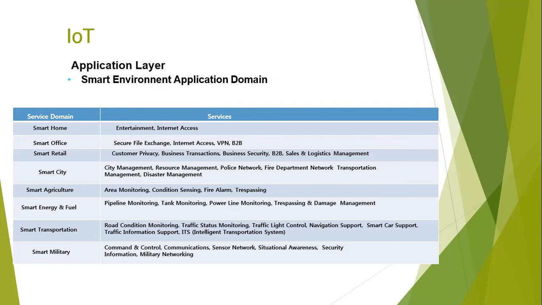For smart agriculture, smart energy and fuel, for this type of network, typically their sensor data units are relatively small, and therefore even though they have many modules, many nodes, and surveillance over a large area which is part of the network, since the actual data segments are relatively small, they are metric data information, the network bandwidth requirement is relatively medium in size.